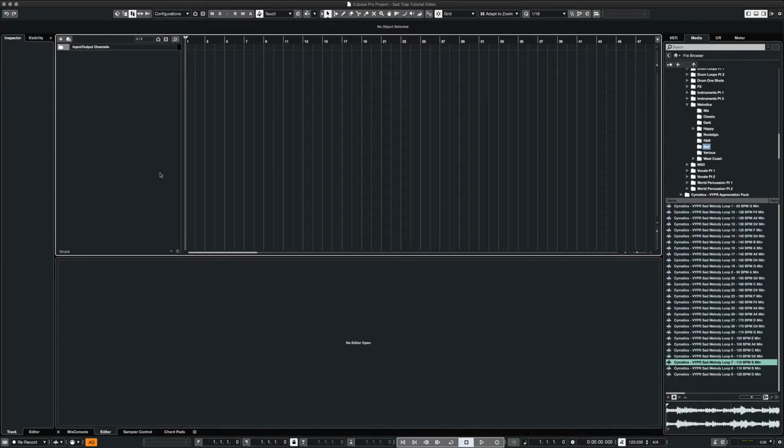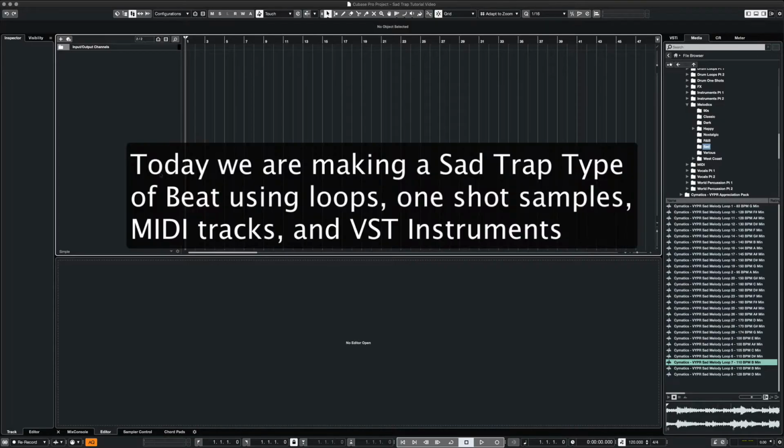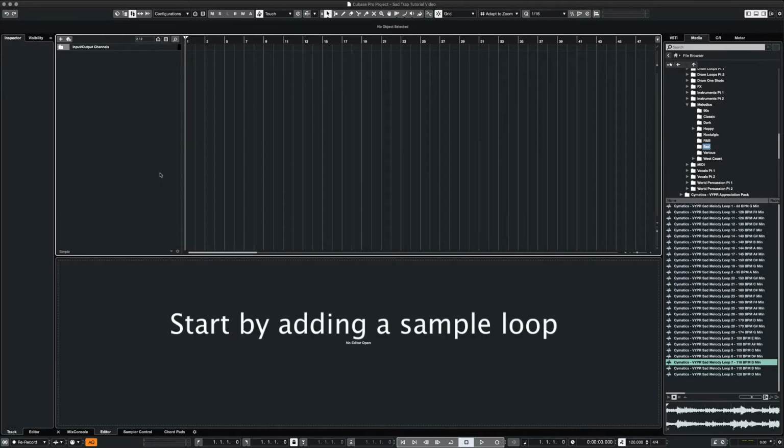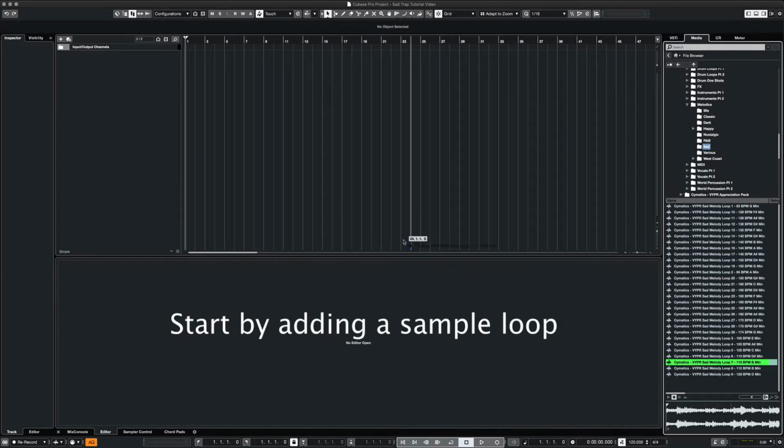Today we're going to do something a little bit different. We're going to make a sad trap type of beat from scratch. We're going to use a little bit of everything from one-shot samples, a loop, MIDI files, and a VST instrument. So let's get started. To start, we'll be using this loop sample from the Cymatics Viper pack that was released